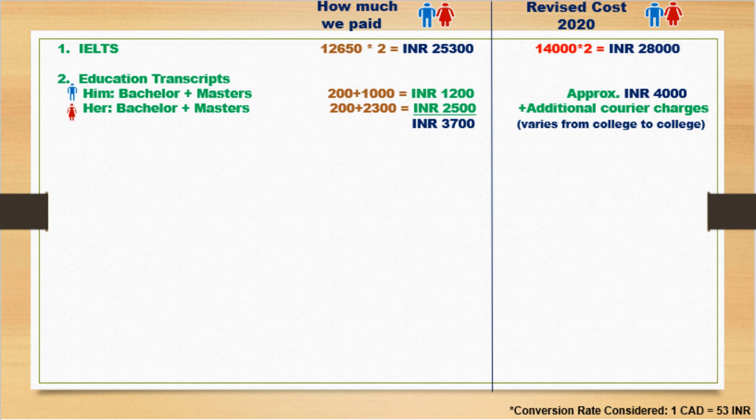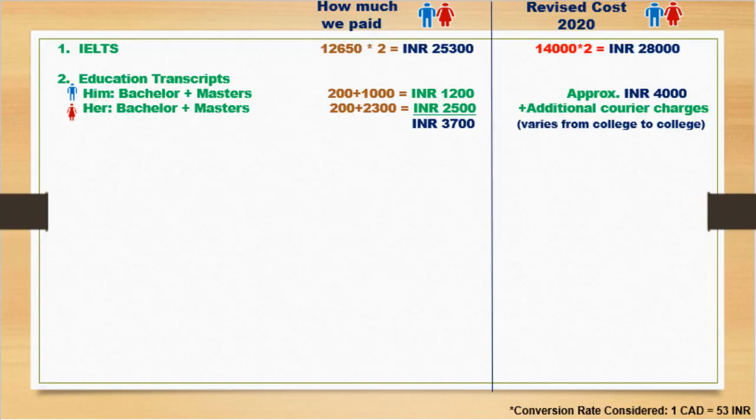So anybody who is applying right now in 2020, the process is they have to ask their college to send the transcripts directly to WES. So now the transfer of transcripts from your college to WES will be direct rather than you sending the consolidated transcripts from all your colleges. In this case, your cost might increase a bit and you'll have to check on that because colleges will also apply a cost for sending the package from India to the WES organization in Canada. But again, the cost will vary from university to university.